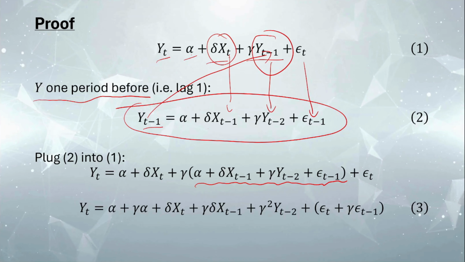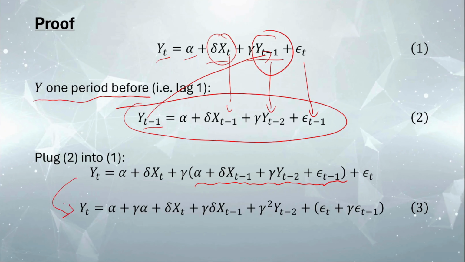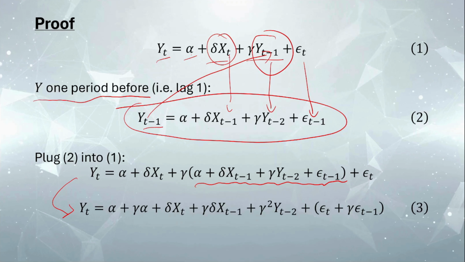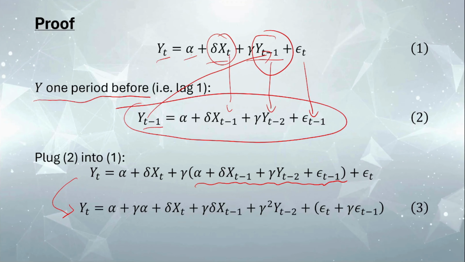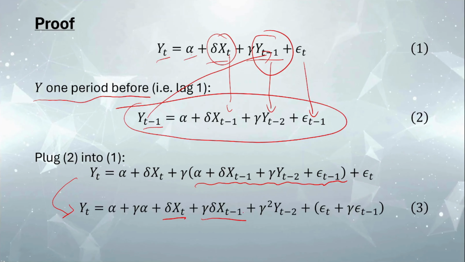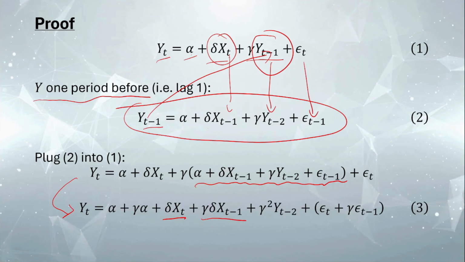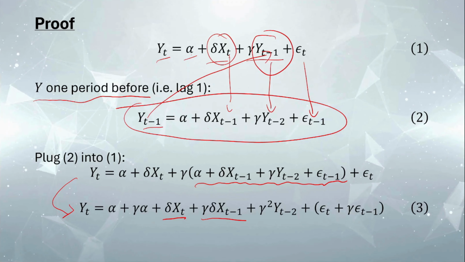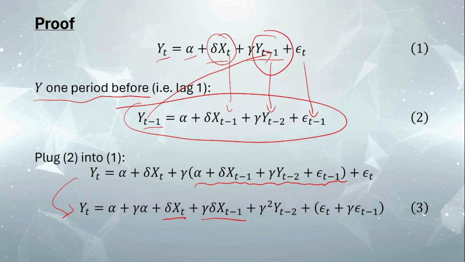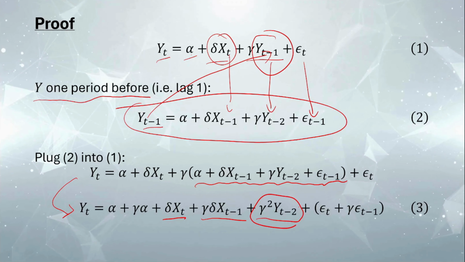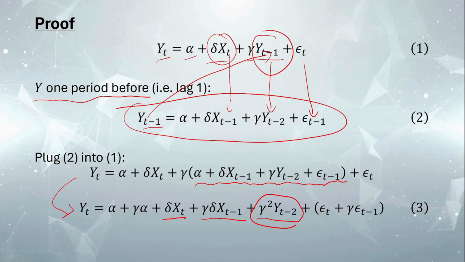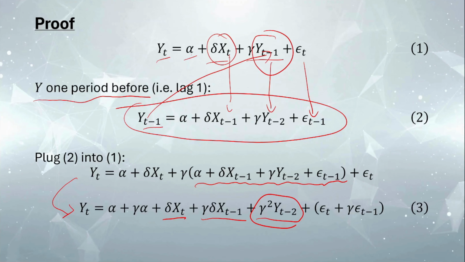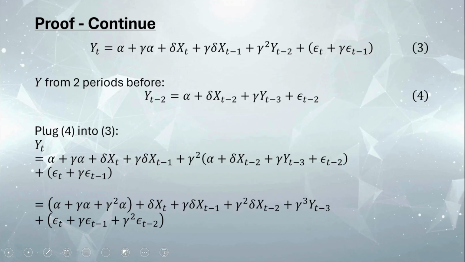And so then if you rearrange and all this, you get this. So as you can see here, your yt minus 1, now we have xt minus 1, right? So now we have the lag of x by 1 period. Now, we still have yt minus 2 here. Can you notice this? Okay, if we just continue this, say, another step,